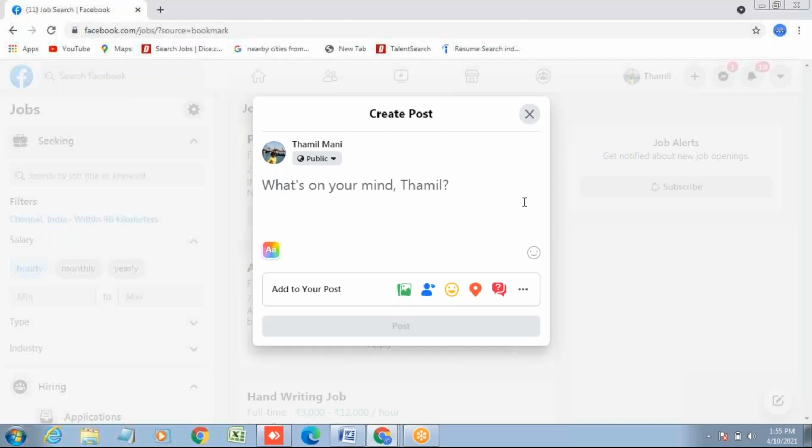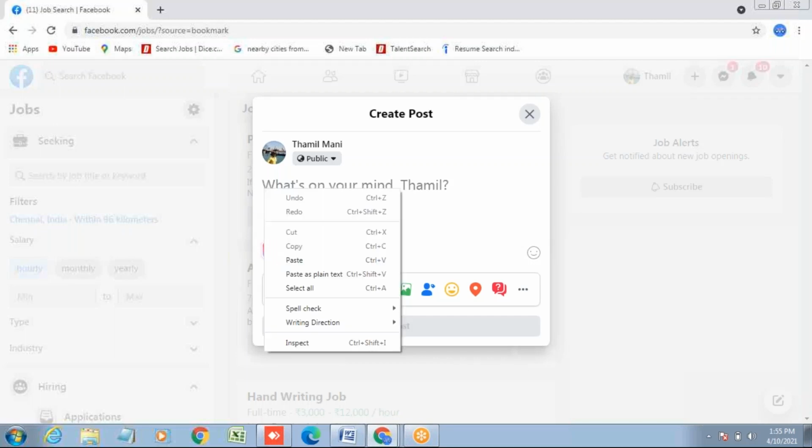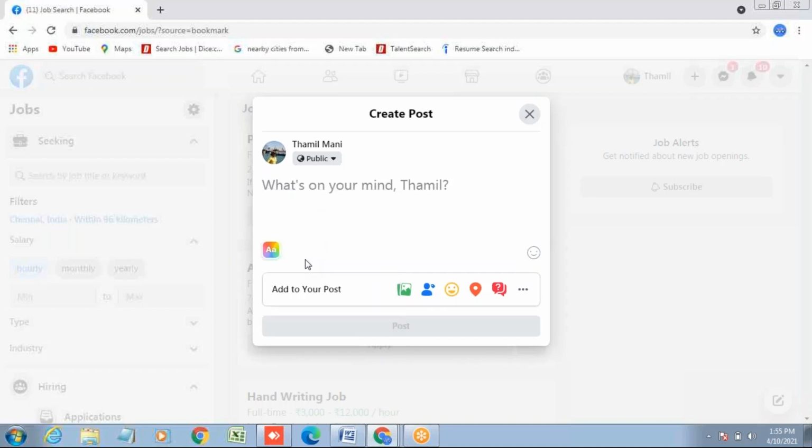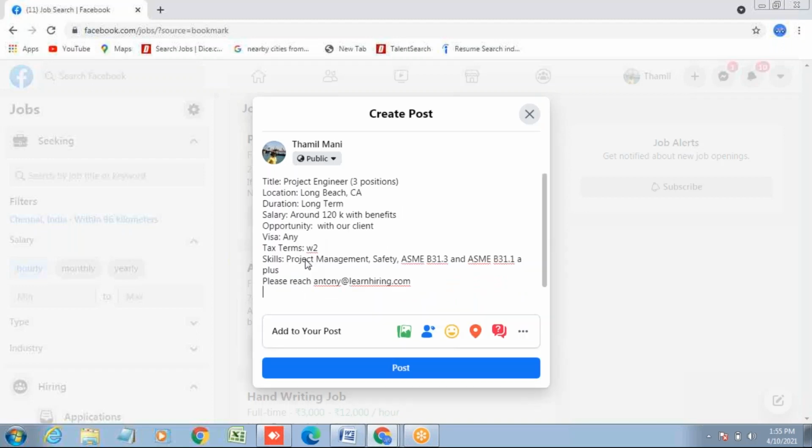Now you copy the job description. Paste it here. Now you can see the post button below, right? You can click it.